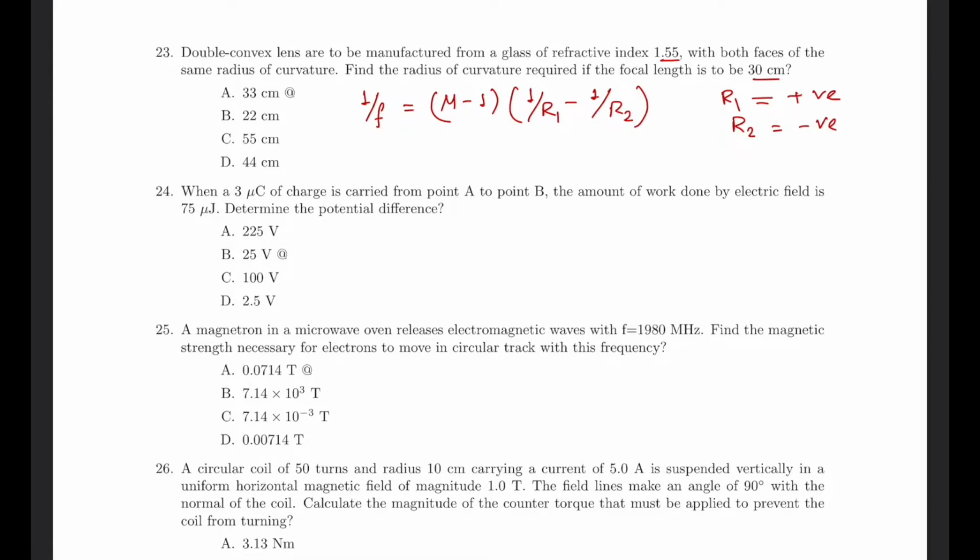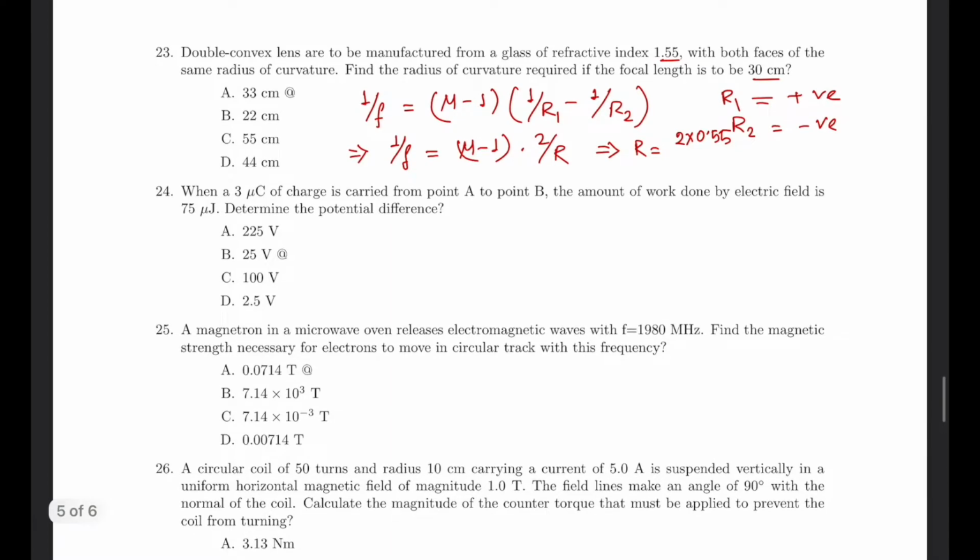So if r1 is equal to r2 as given in the problem, 1/f becomes (mu - 1) times 2/r. So the radius of curvature is 2 into 0.55